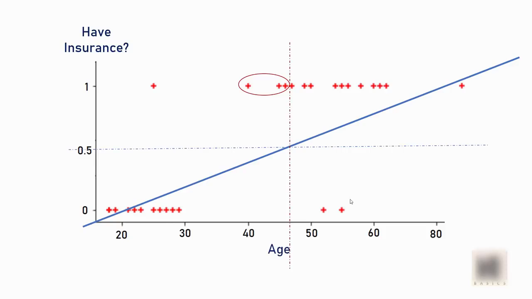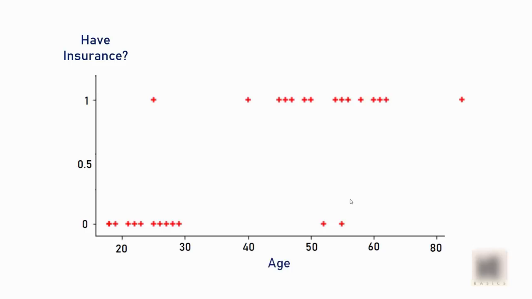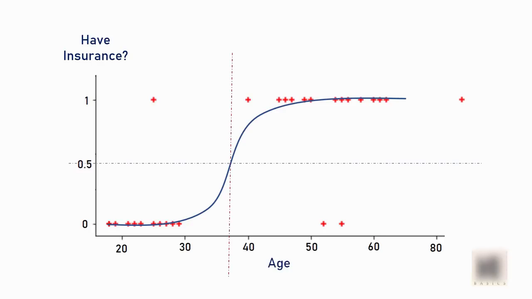Now here is the most interesting part. Imagine you can draw a line like this. This is a much better fit compared to the previous linear equation that we had. And here when you draw a separation using the 0.5 value, you can clearly say that this model works much better than the previous one. The question arises, what is this line exactly and how do you come up with this? If you have learned statistics, you might have heard about the sigmoid or logit function, and that's what this is.